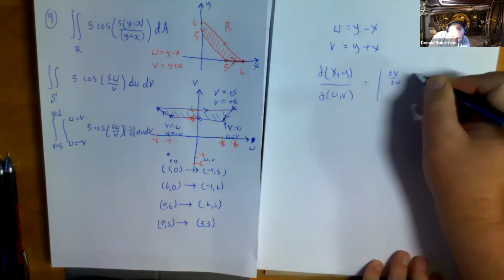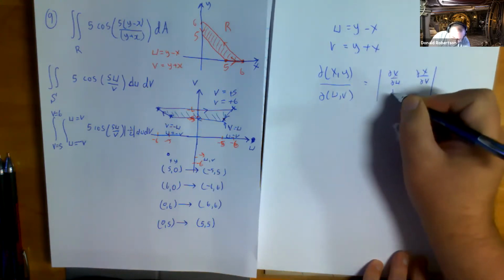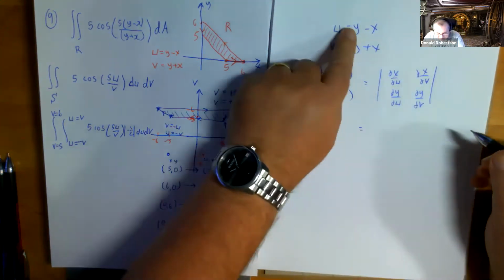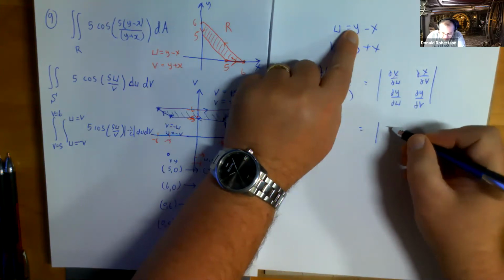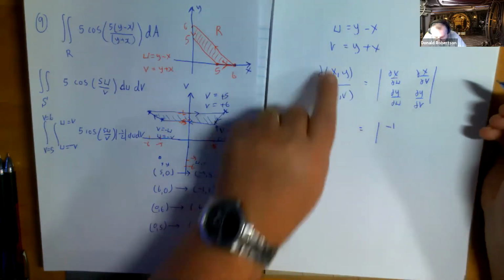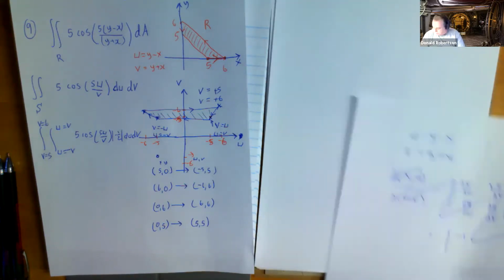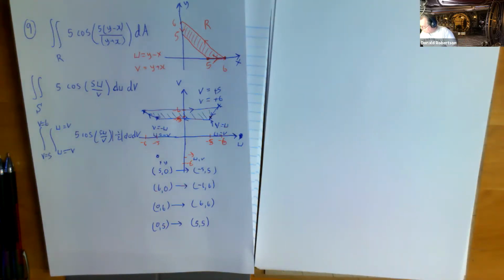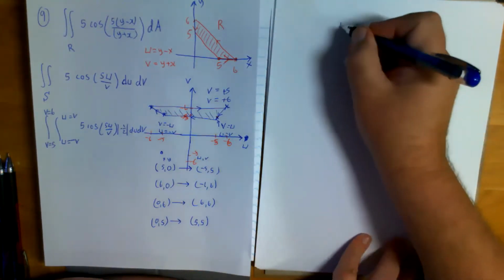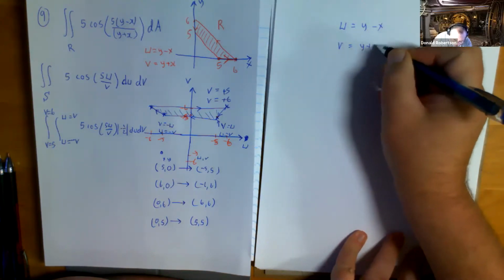If u equals y minus x and v is y plus x, then the Jacobian is going to be this. And it's basically numbers. That one's going to be -1. No, yeah. And this one, oh, wait a minute. It's linear, isn't it? It is, it's linear. So you'd be able to just do the shortcut? The shortcut, exactly. So, I can do the shortcut,